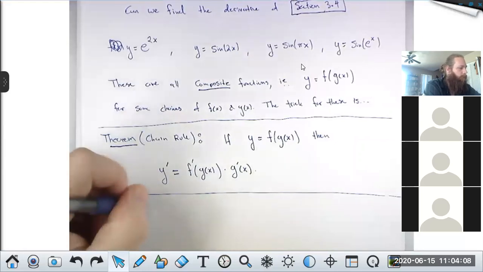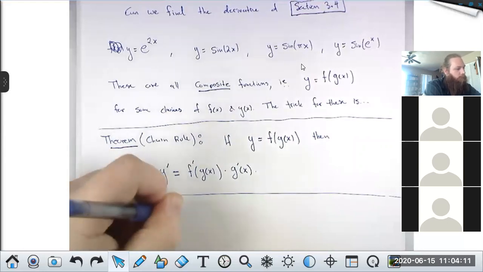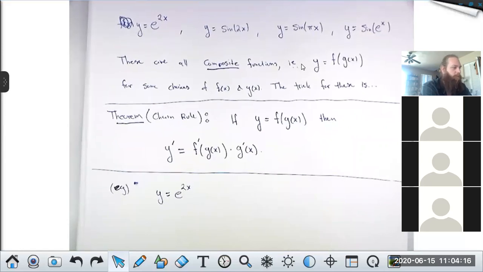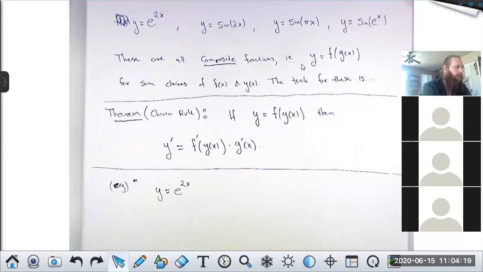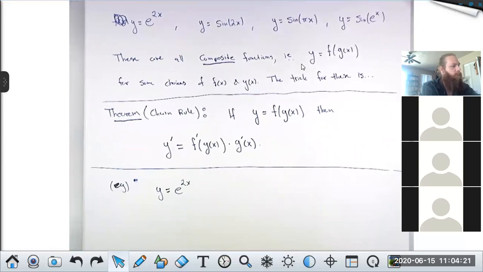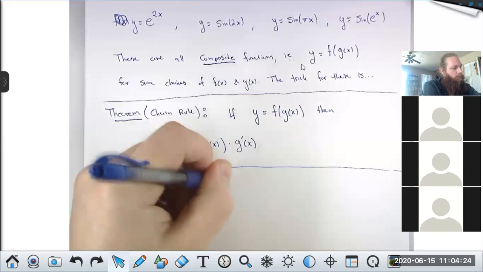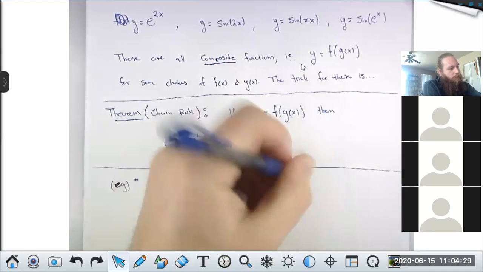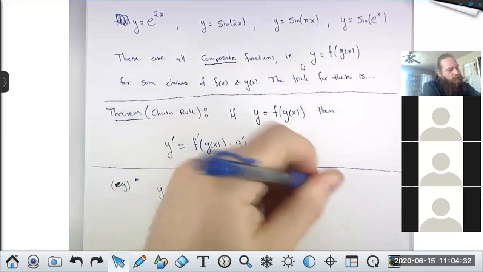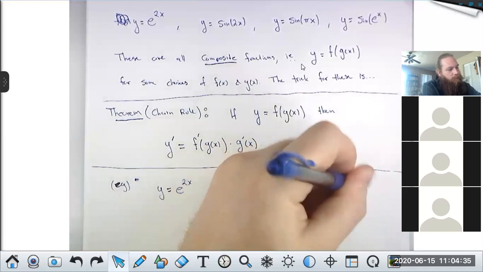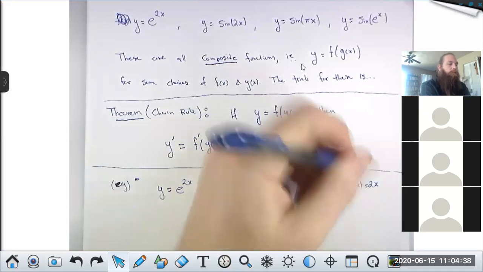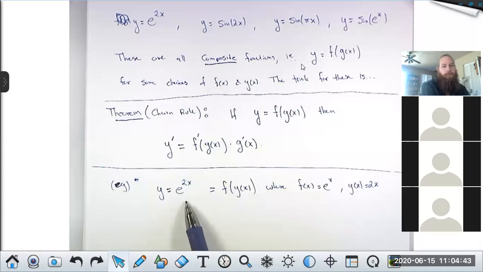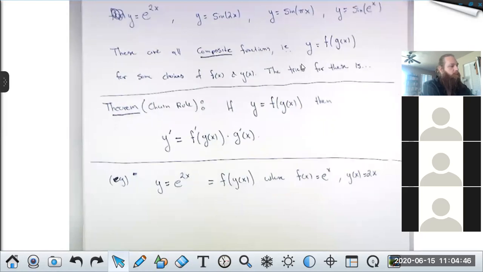if I look at y equals e to the 2x, my outer function here is the exponential function, and my inner function here is 2x. So here, this is f of g of x, where f of x is e to the x, and g of x is just 2x. You see, if I plug g into f, I do get this. So by the chain rule,